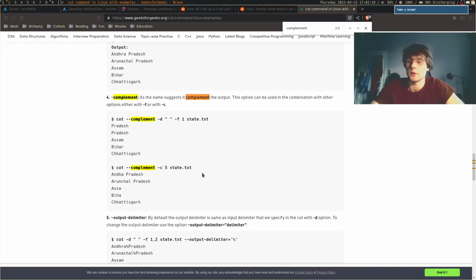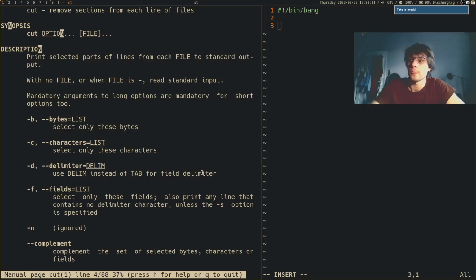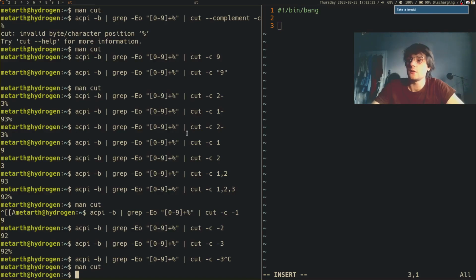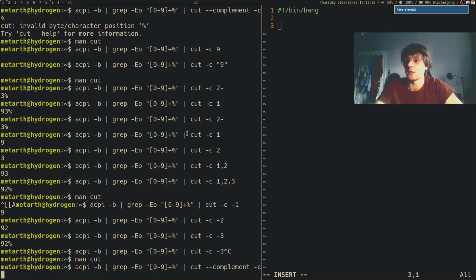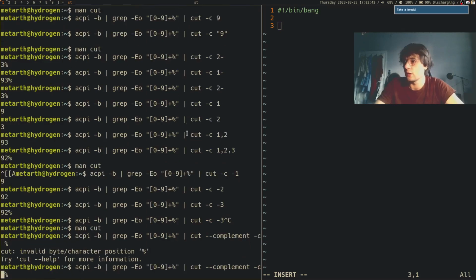Okay, I guess it's field 1, right? So you need to cut minus minus complement and the character percent, and it does not work